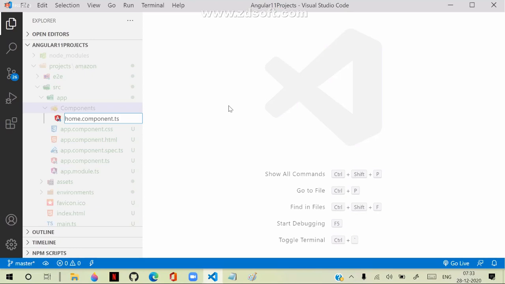It's not mandatory to have this, because it is the name, not the extension. The file name is home component. The extension is .ts. So the traditional approach of giving a component the name .component is technically very important when you are defining the name.